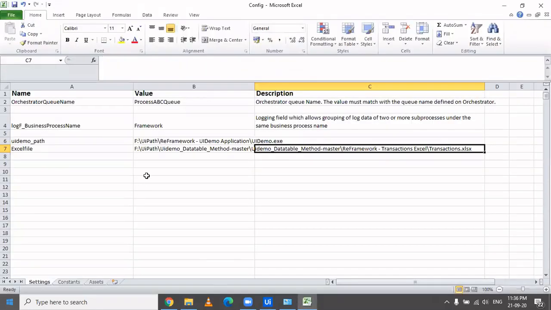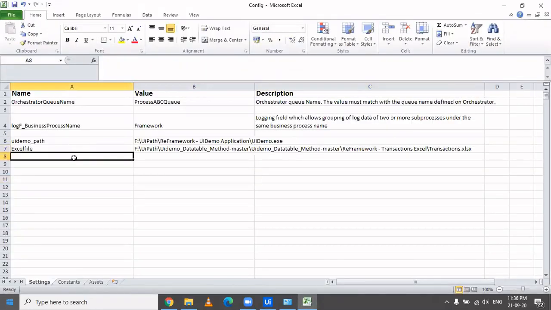Settings is where you add things like the Excel file path or the name of the orchestrator, and the assets which you have created. For example, if you're storing an ID and password, you store the asset name here.